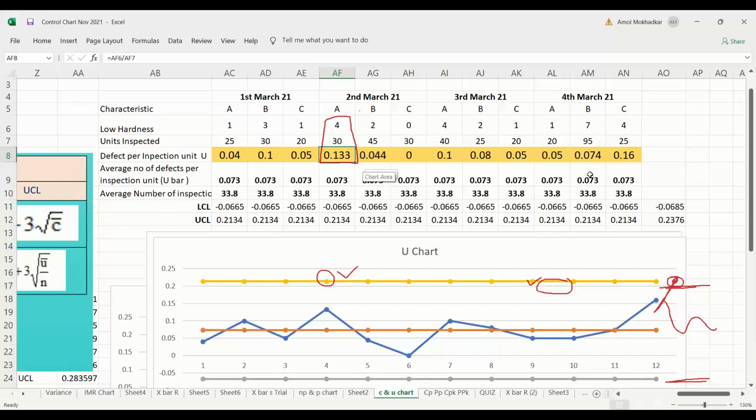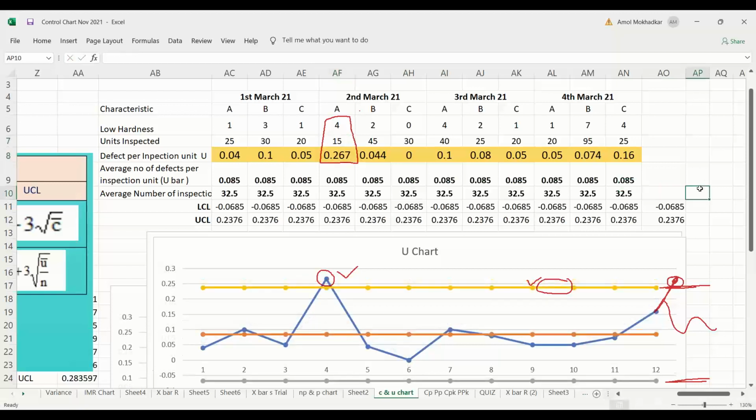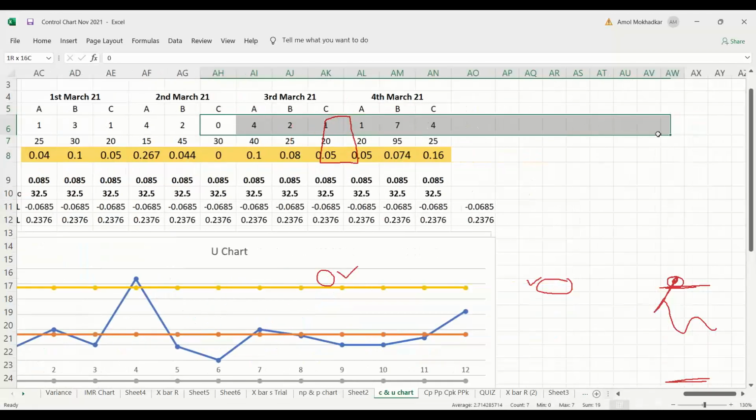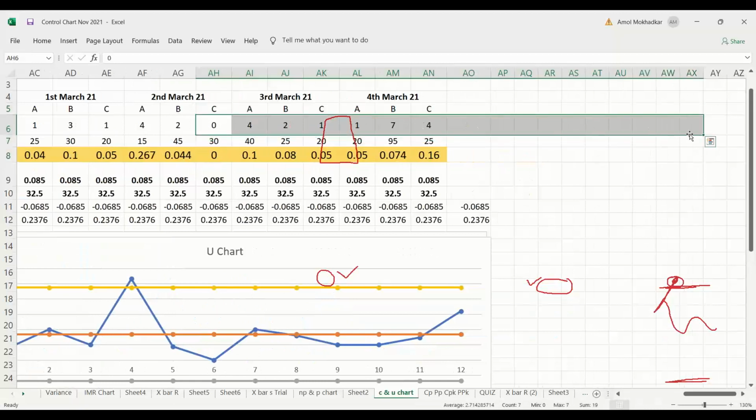You can utilize this. If your data was like this one, you could have used this for monitoring, but because there was some special cause, you cannot use these control limits. You need to find out the reason behind this. You need to remove this data, collect some more data for 4-5 days, plot it again, and calculate the control limit.